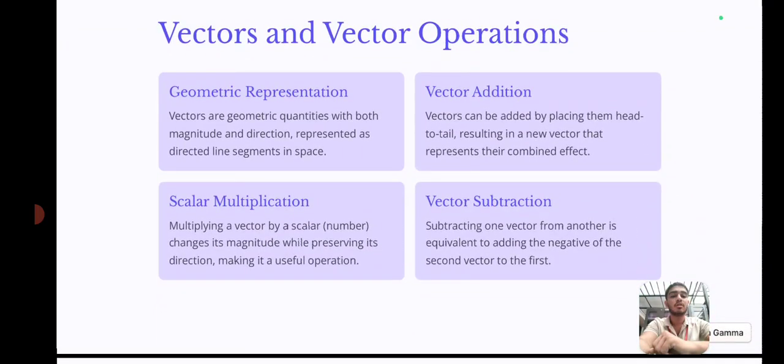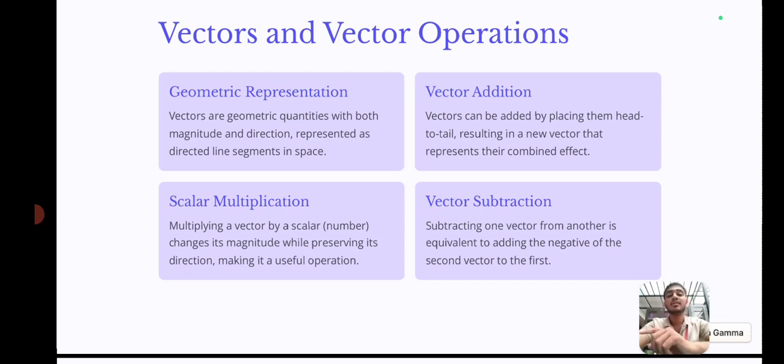Vectors and vector operations: geometric representation, vector addition, scalar multiplication, vector subtraction. The geometric representation: vectors are geometric quantities with both magnitude and direction, represented as directed line segments in space. Vector addition: vectors can be added by placing them tail to tail, resulting in a new vector that represents their